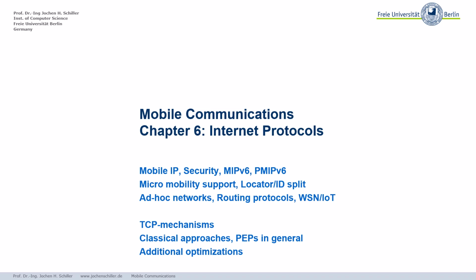Welcome to Chapter 6 of Mobile Communications. This chapter covers Internet protocols. That means Layer 3, the IP networking layer, and Layer 4, mainly TCP and all its problems with mobile and wireless communications. Okay, so let's start with Layer 3, and most prominent on Layer 3 there's the mobility extension of